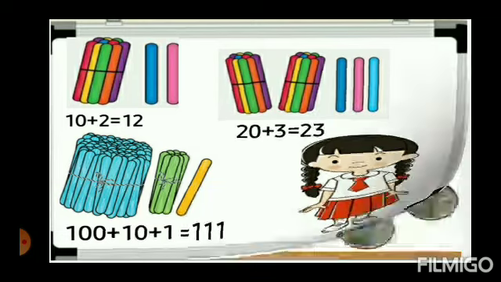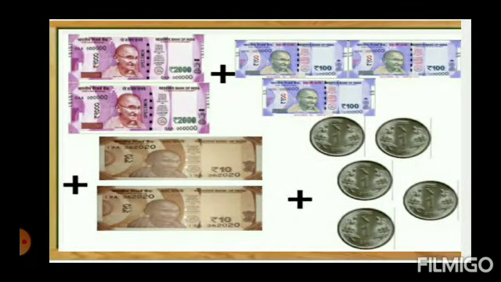Yes, children? So, where can this expanded form be used in our life? Can you guess? You can see in the banks, there are forms available. In the banks, you have to write some denominations and add them together, then it will become some amount. After that, you have to write it in words. The same thing you have to apply in the banks whenever you learn the expanded form.